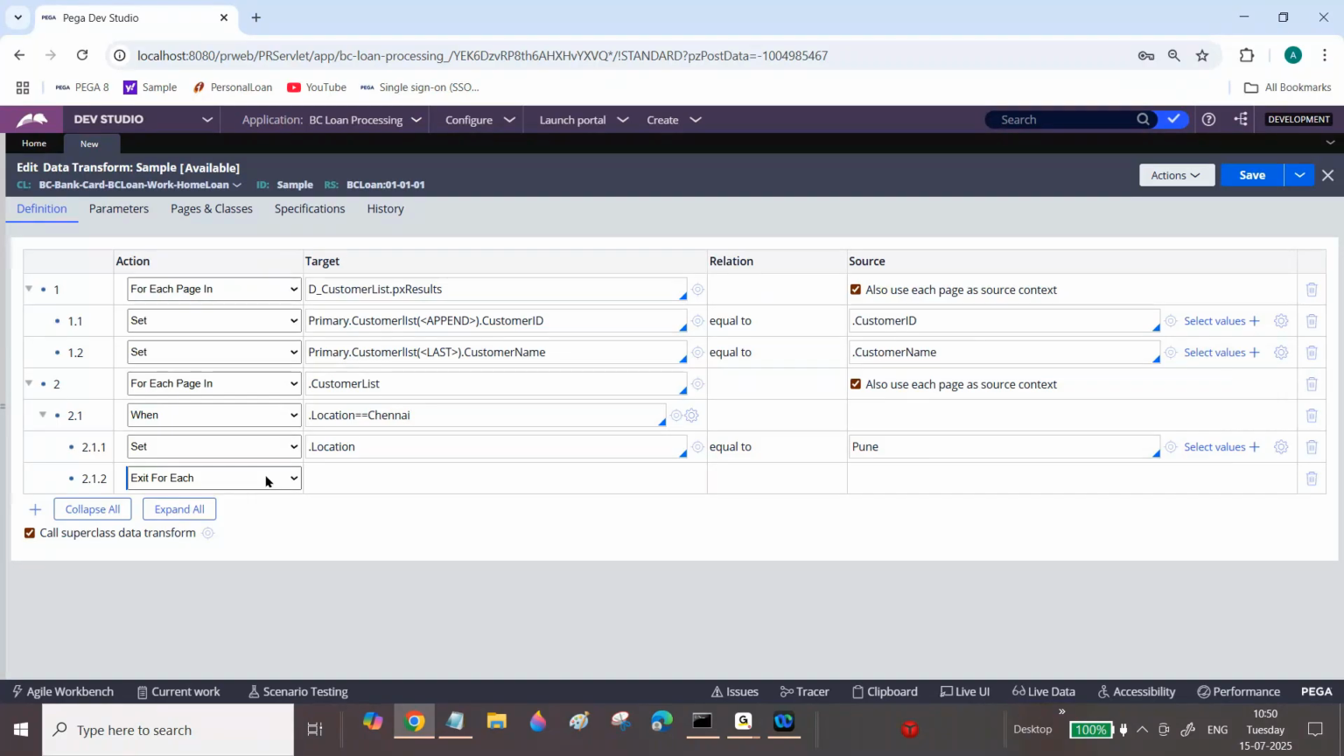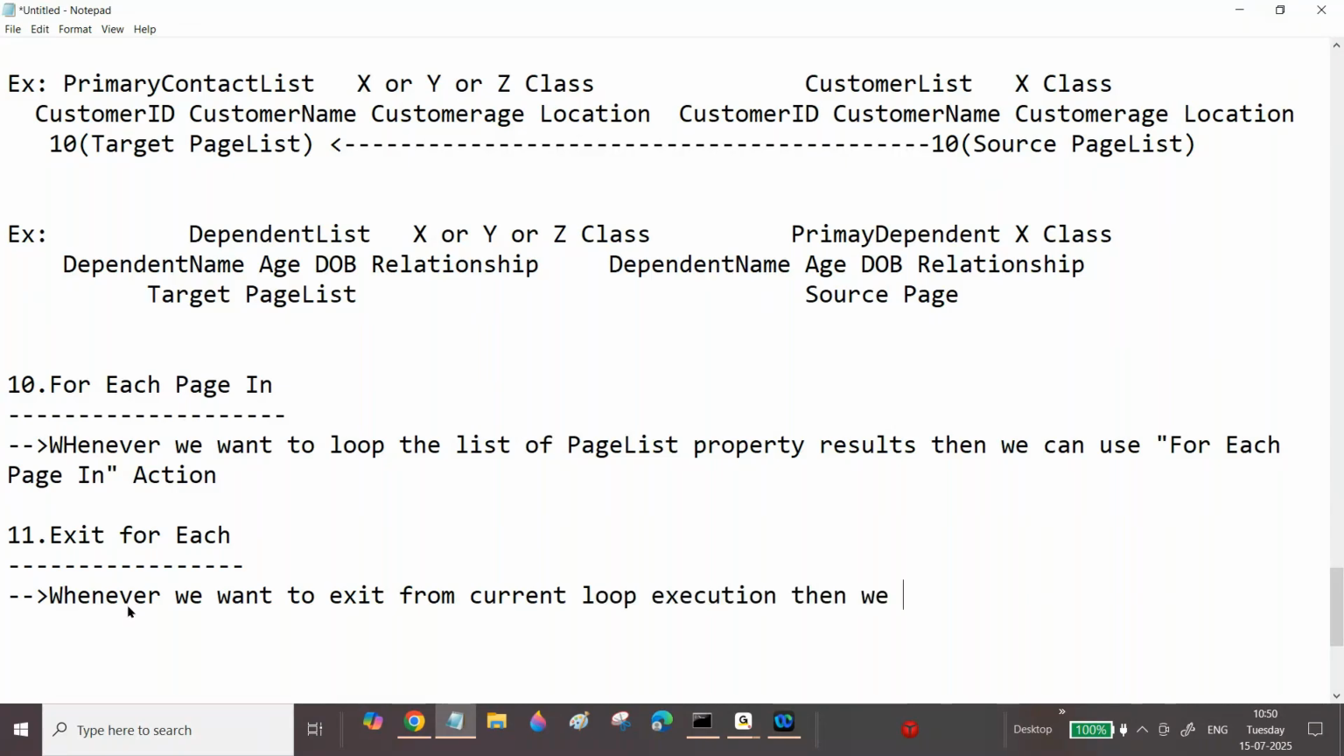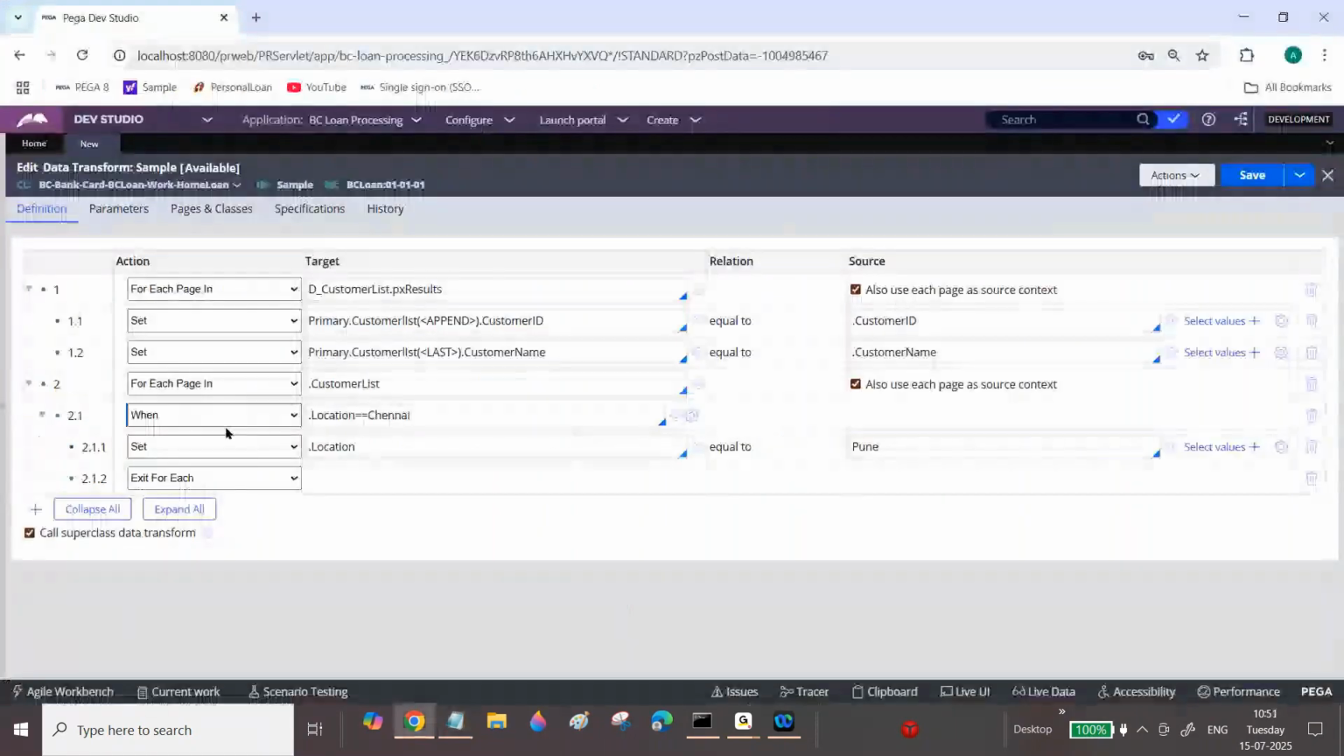At that time, what we will do, we will use exit for each. Exit for each means it will exit from the loop at the current loop position. Sir, whenever we want to exit from the current loop execution, then we can use exit for each. It is similar to exit iteration, like we have one option available in an activity. Okay, next one is